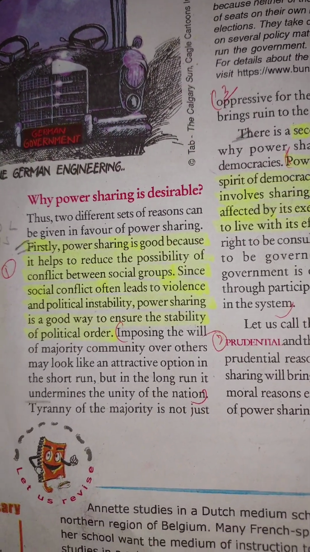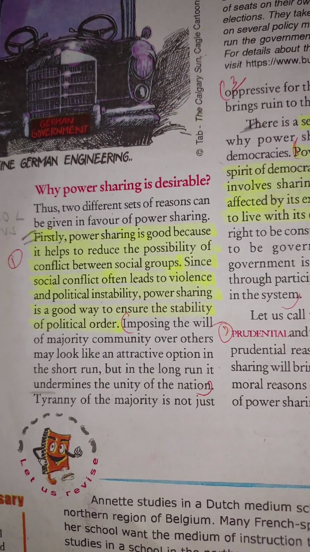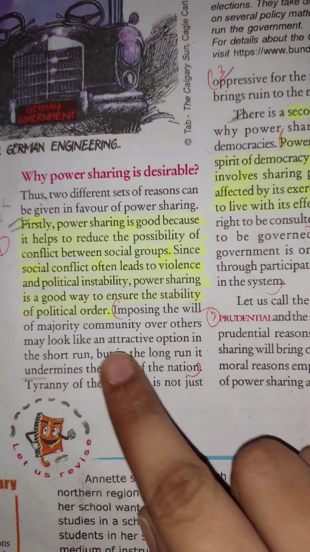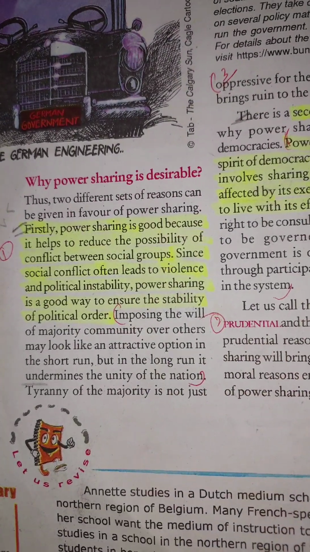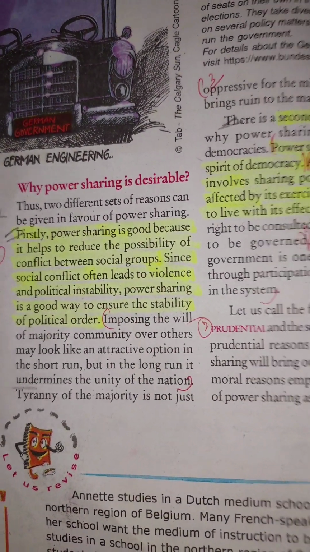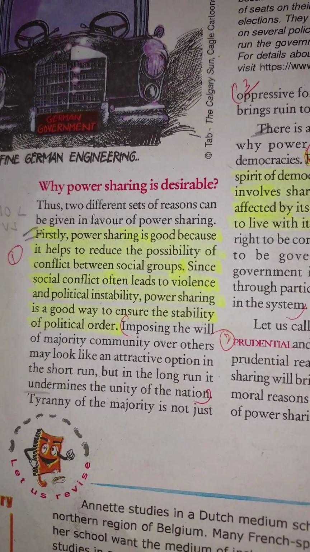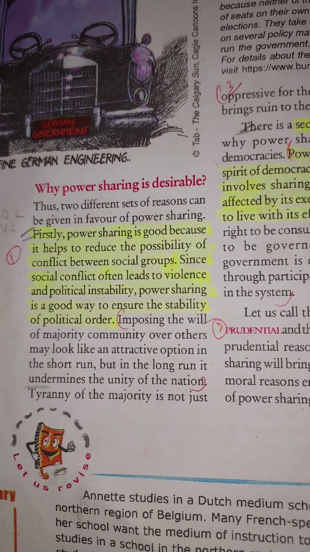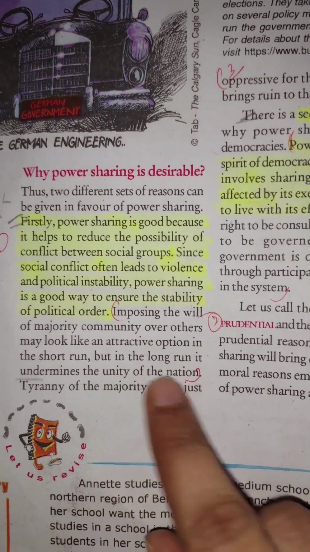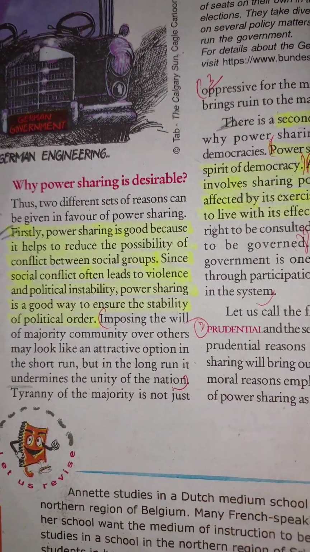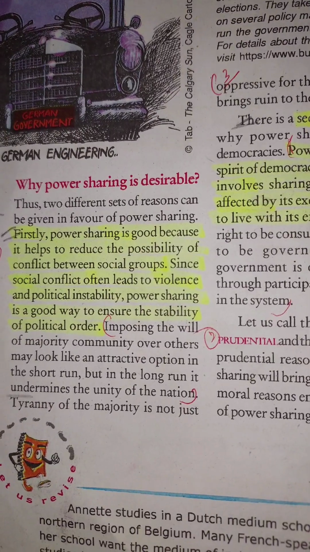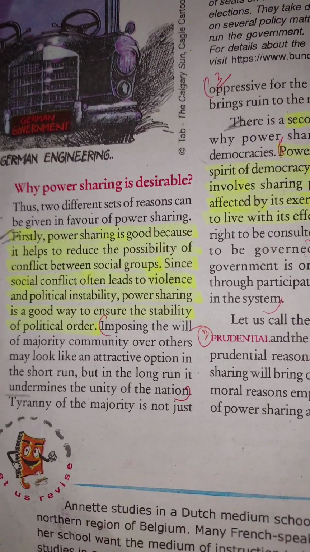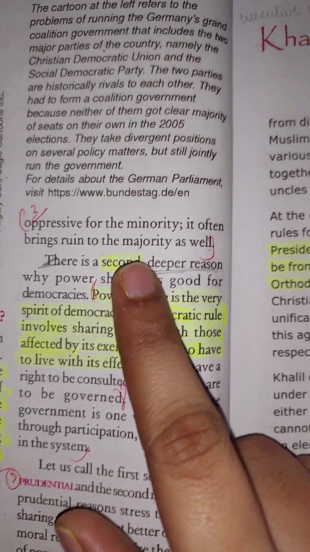सो वैसी सिचुएशन डेवलप नहीं होगी किसी भी कंट्री में। इससे बेटर जितने भी कम्युनिटी ग्रुप्स हैं हम सबको इक्वल इंपॉर्टेंस दें जब पावर शेयरिंग की बात है। वो कह रहे हैं इम्पोजिंग दी मेजॉरिटी कम्युनिटी, मेजोरिटी रूल जब आप फॉलो करोगे तो आपको थोड़ा टाइम के लिए अच्छा लगेगा, बट लॉन्ग रन में ये सारी चीज़ें सिर्फ और सिर्फ एक कंट्री को बर्बाद करती हैं। बट इन लॉन्ग रन इट अंडरमाइंस द यूनिटी ऑफ द नेशन। और व्हेन यू वांट टू कीप द पीपल यूनाइटेड, तो आप ये पॉलिसी तो बिल्कुल भी नहीं अपना सकते हो कि आप लोगों को डिस्क्रिमिनेट करो।